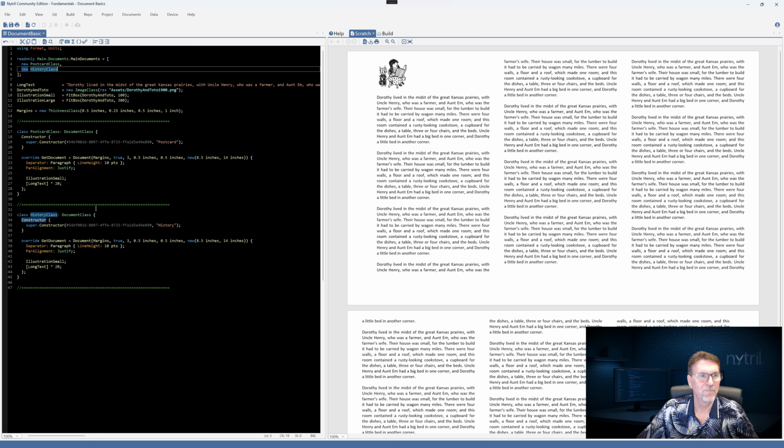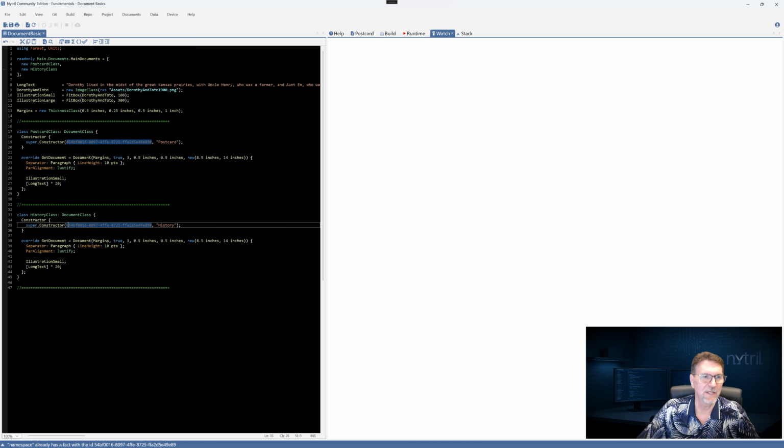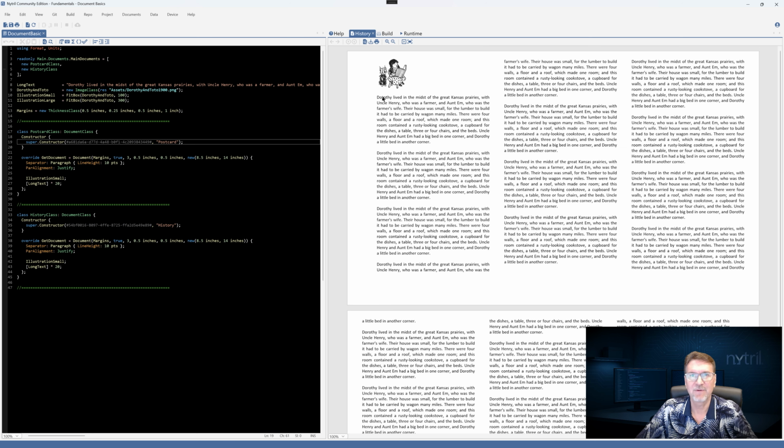And that's it. So now if we press F5, we're going to have a runtime error because I forgot to change one of these two IDs. Documents have to have a unique ID, so I'll just pick one and put Control-Shift-G. Makes a new GUID, F5.